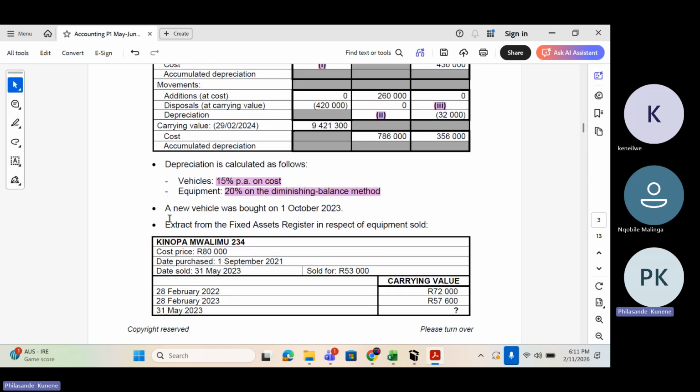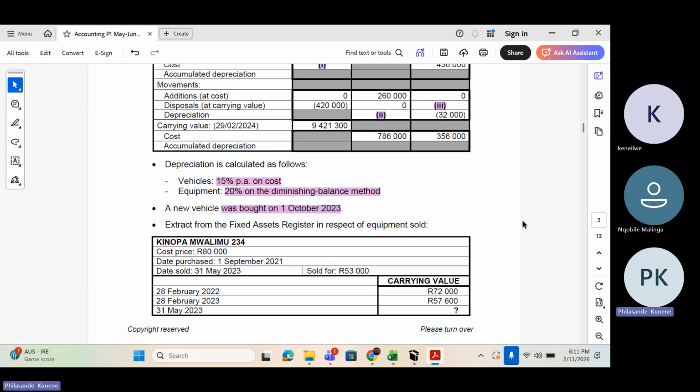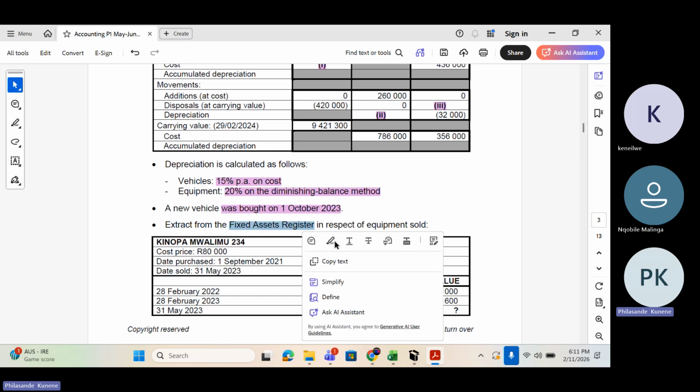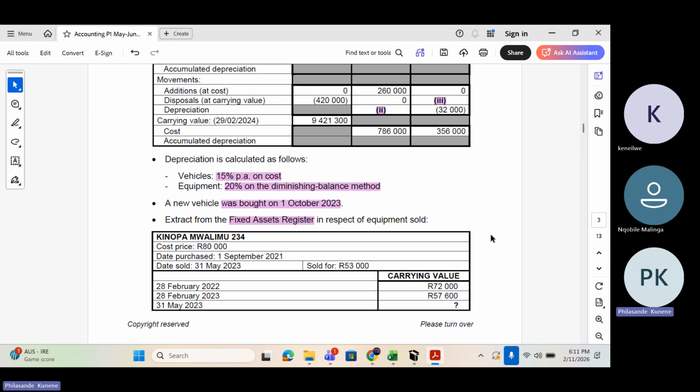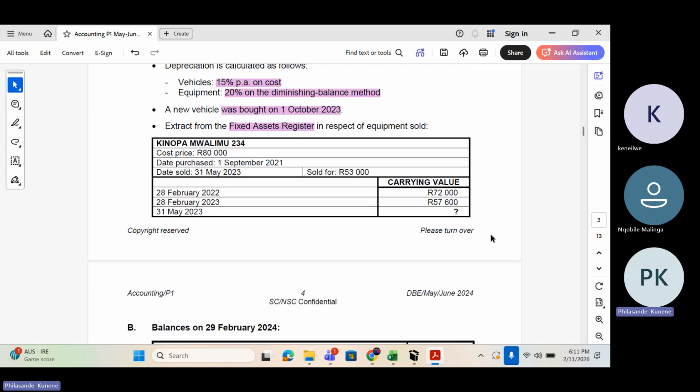And then we have a new vehicle that was bought on 1 October 2023, which means when we start to calculate depreciation for vehicles, we need to consider this. And then they're saying extracts from the fixed asset register in respect of the equipment sold. We did speak about the fixed asset register before. We stated that that is a document that records all the assets that the company has, which records particularly